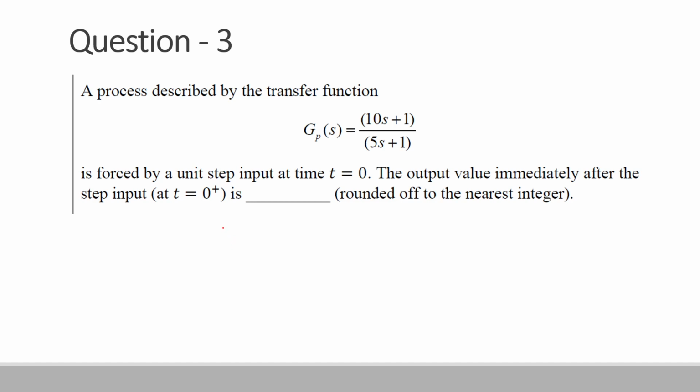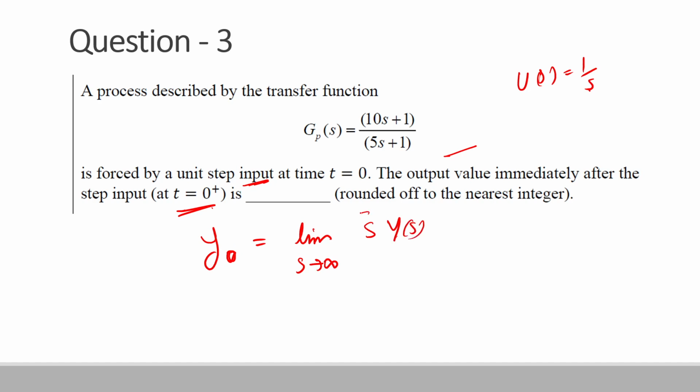Now this is a very similar question to the previous one, in which we are given this transfer function. Then we are having a unit step input, that is the input in this case will be 1 by s, and then the output value immediately after the step input. So over here we have been asked to find the value at time t equal to 0, that is y of 0. So we can simply find it by using the initial value theorem, that is by putting limit s tends to infinity s ys,